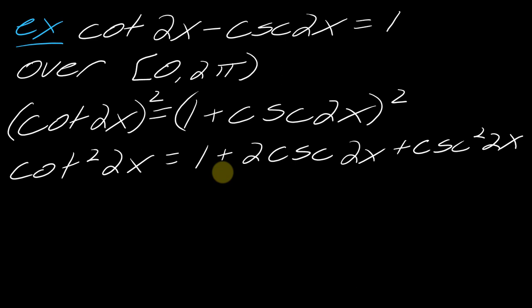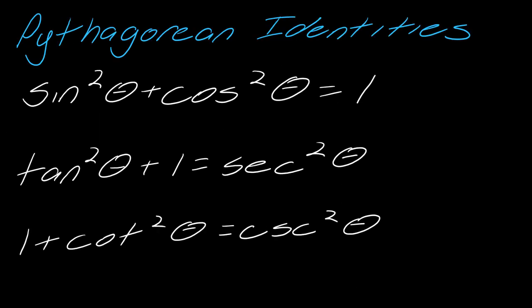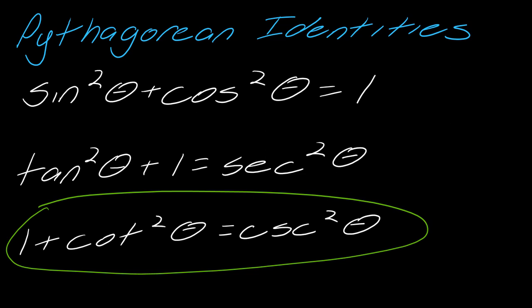Okay, so remember what we're trying to do. We're trying to solve this, and where I started, I had this equation with cotangent and cosecant, and I had no way to really do anything with these. But now that I've squared everything, I've got cotangent squared and cosecant squared, and we do have an identity that deals with cotangent squared and cosecant squared. Namely, that's the Pythagorean identities. So I could actually use this little